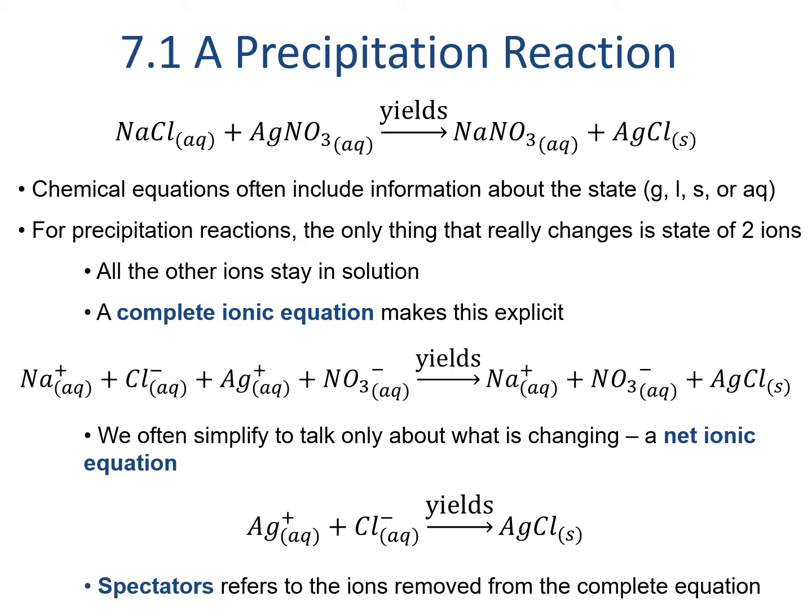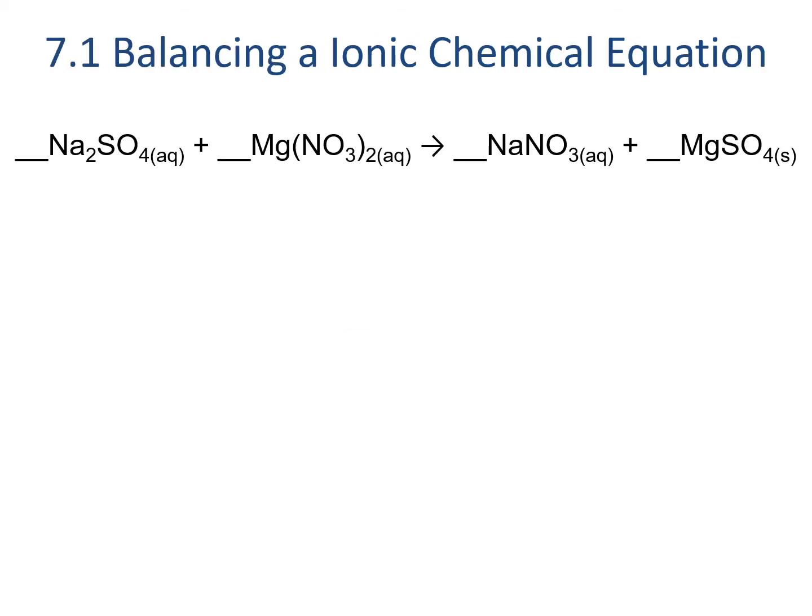But a net ionic equation makes clear what ions are actually reacting and which ions are just watching, but not participating. We call the ions that are present, but not reacting, like sodium and nitrate, spectators, because they're only watching. Since precipitation reactions involve ions combining without changing, we can simplify our calculations for balancing the reaction by balancing ions